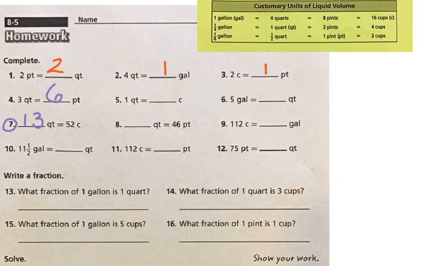We're going to complete number 10 together as well. That was one that might be a little confusing for some of you. It says 11.5 gallons is equal to how many quarts? Well, we have to go up and we look at 1 gallon is equal to how many quarts? Well, we just did that, so it's 4. So if in every one of those 11.5 gallons, I have 4 quarts, I need to take my 11.5, and